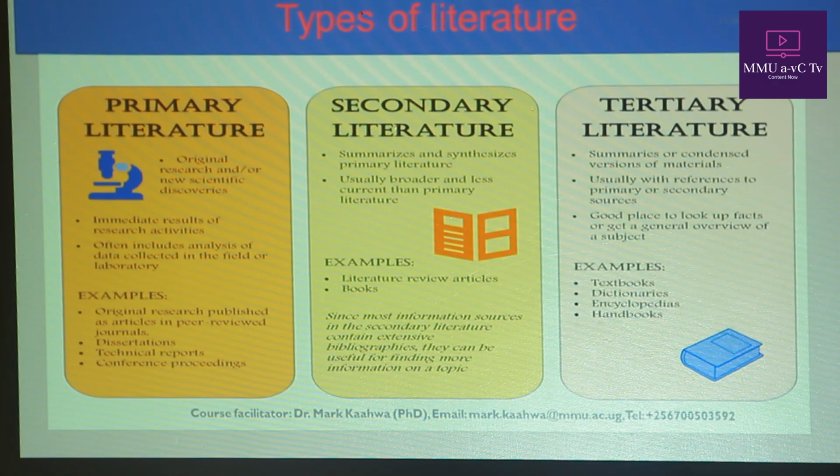Now, immediate results of research activities often includes analysis of data collected in the field or the laboratory. Examples here, we have the original research published, like the articles in peer-reviewed journals. We have the dissertations, we have the technical reports, we have the conference proceedings. So all these are relevant examples